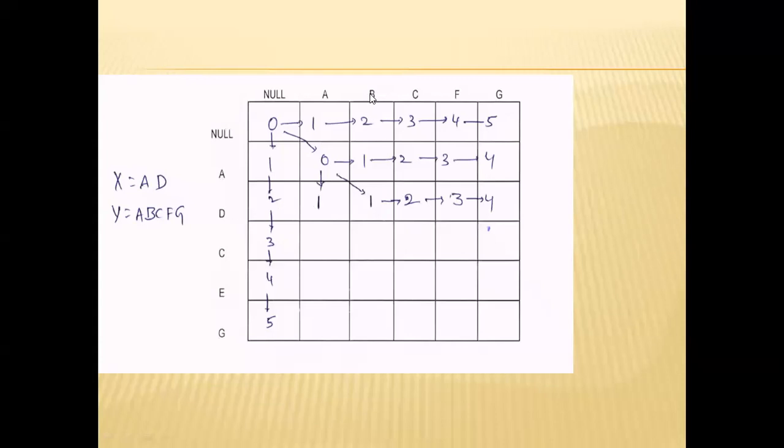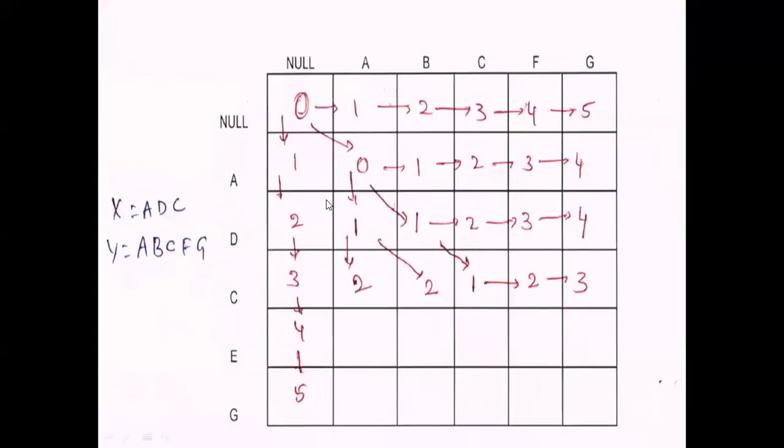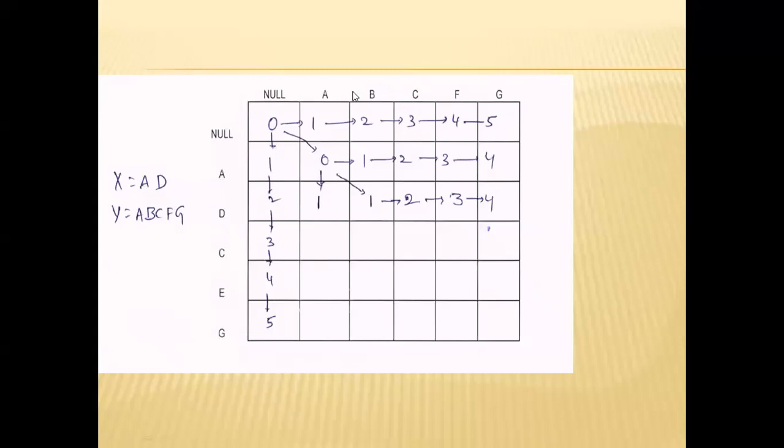Suppose R not equal to C. C means here B, and R means D. D not equal to B. If D is not equal to B, we are finding the minimum value of the vertical, horizontal, and diagonal. It is the 0 value, so minimum value 0 plus 1. So replace D with B. It is to convert AD into AB.